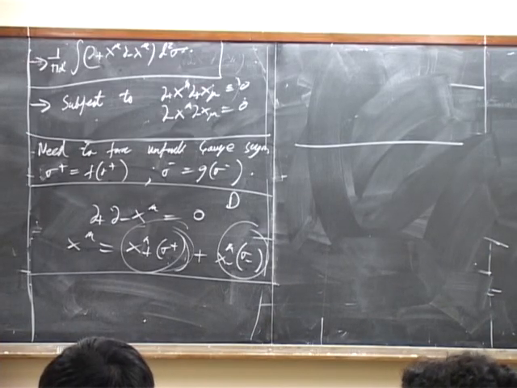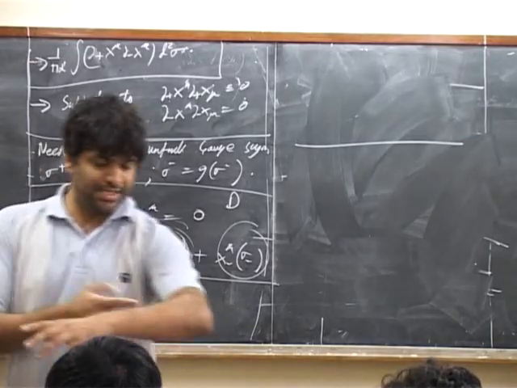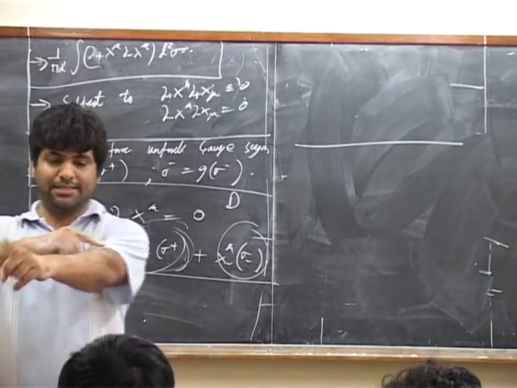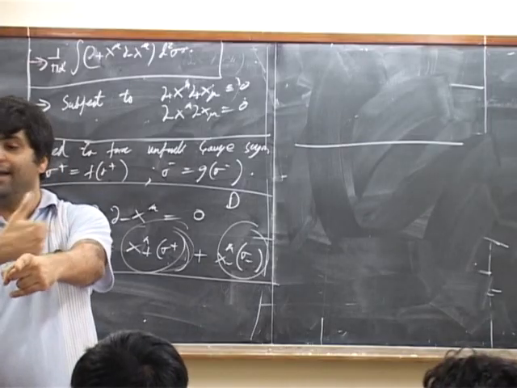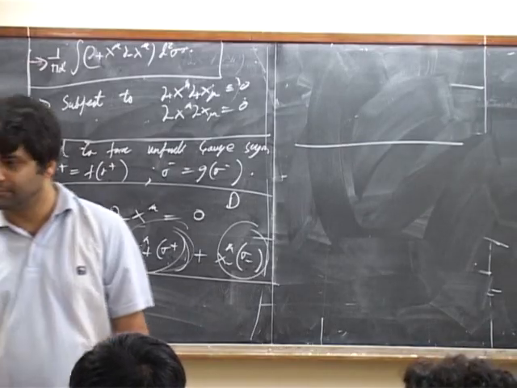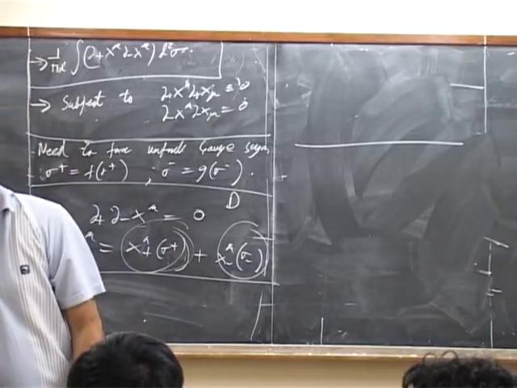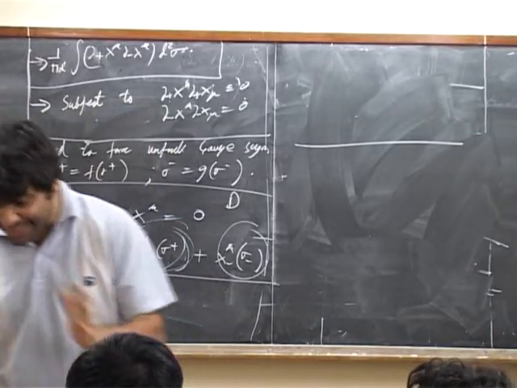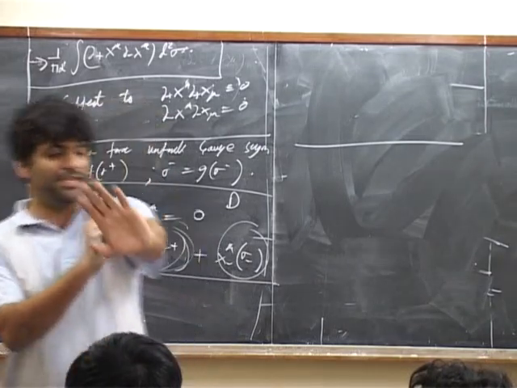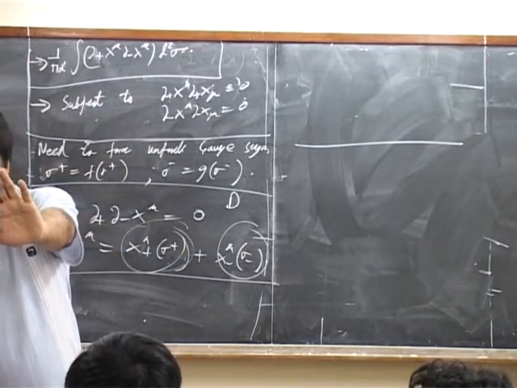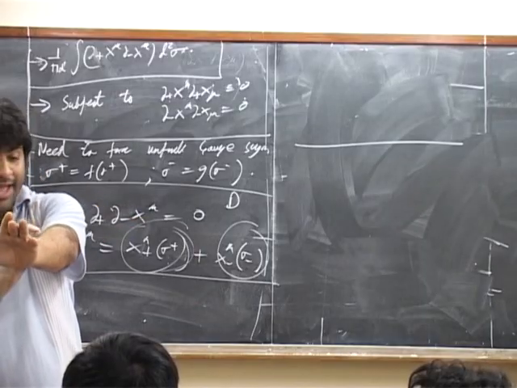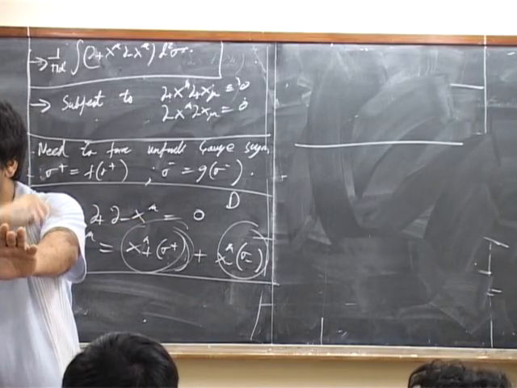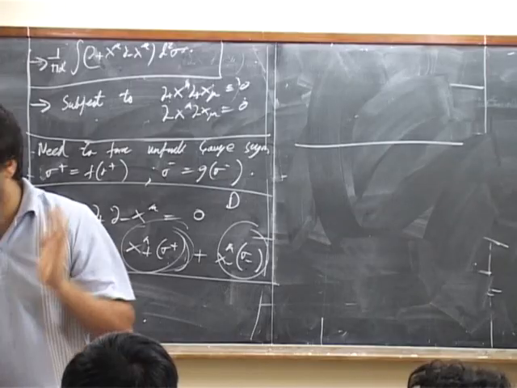The physical argument. The physical argument was this. Suppose you've got a string occupying a certain position. There's no necessary translational invariance along the string. But you see, if you ask where a little bit of the string can move, it can move in that direction, or it can move in that direction. If it moves along the string, that is changing the shape of the string,